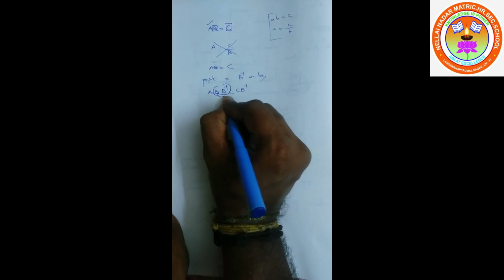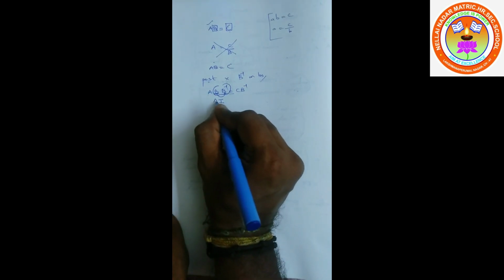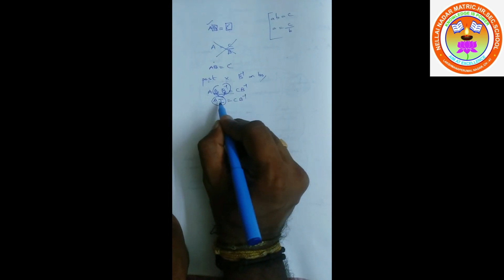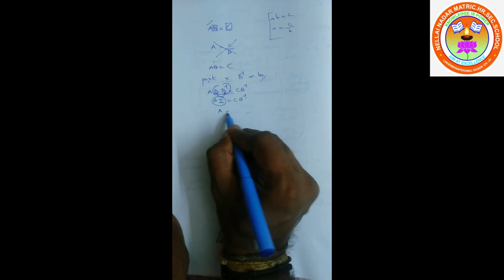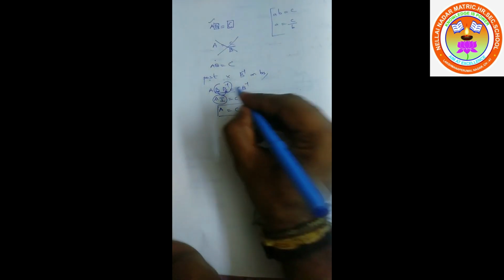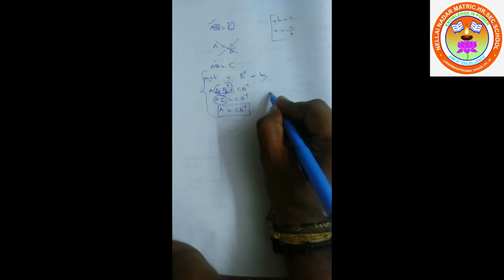We know that when a matrix is multiplied by its own inverse, we get I. So this will be A, right? A into I, and any matrix multiplied with the identity matrix gives the same matrix. A is equal to C into B inverse. We have got the answer. But doing this takes a somewhat lengthy process. So if AB is equal to C, I can bring B to this side: C into B inverse.